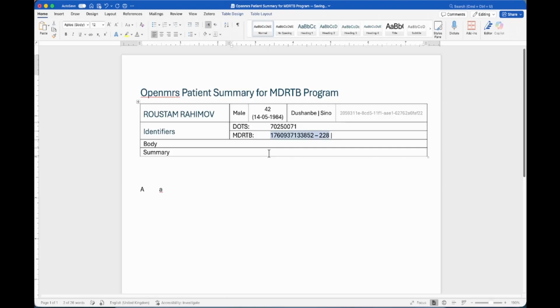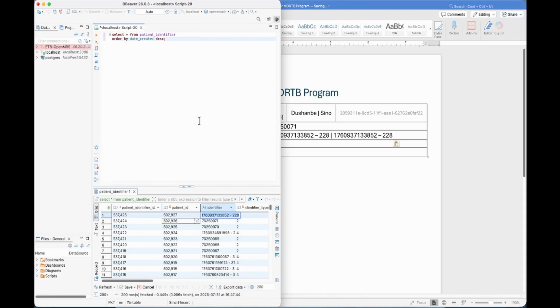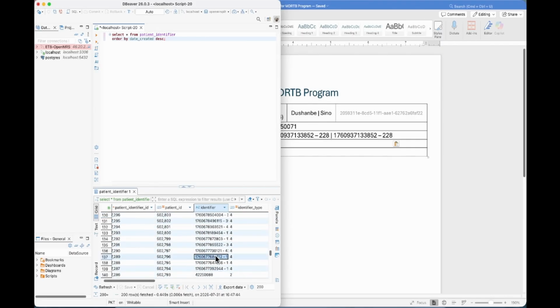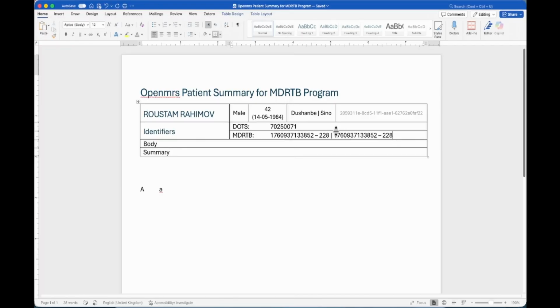In tables on MS Word, let's just say this is one ID, and this patient had maybe one more program he was enrolled in. We're gonna pick another random ID. Okay, let's say these were the two identifiers for this patient, and then maybe some more observations like